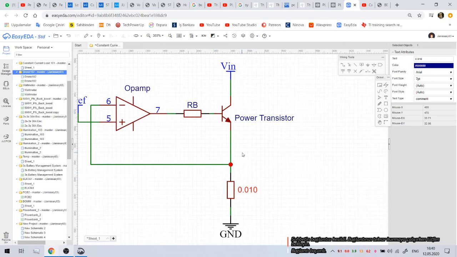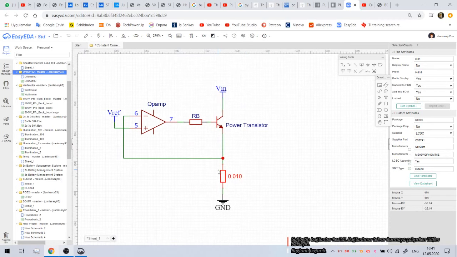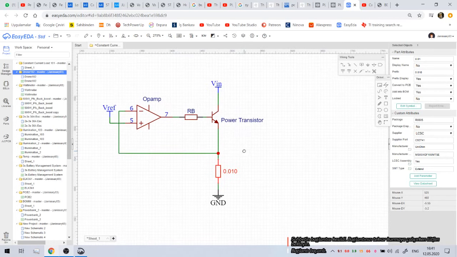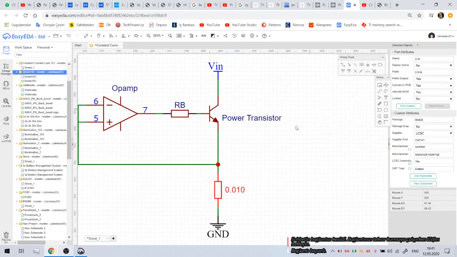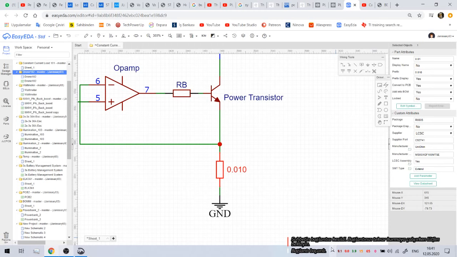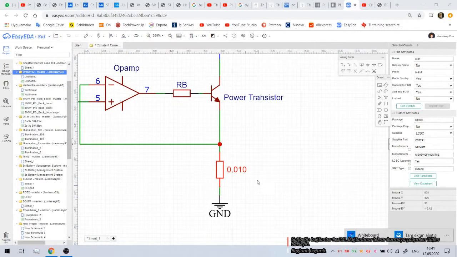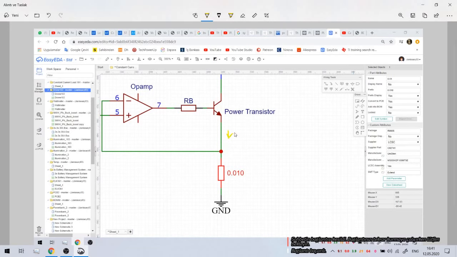Which resistors do we need here? What's the rating of it? We need 10 amp here. Yes, I can go again. Sorry. 10 amp flowing here, and so there is 100 millivolt drop, and so